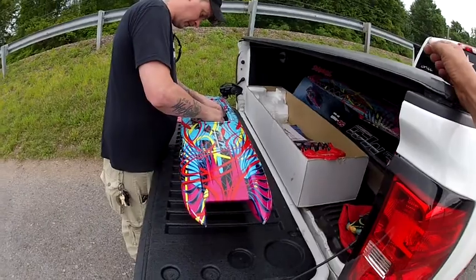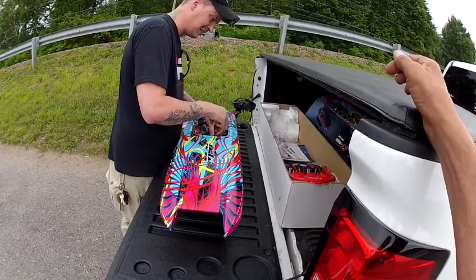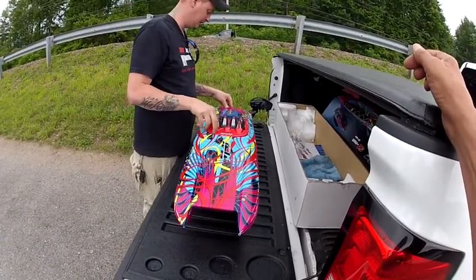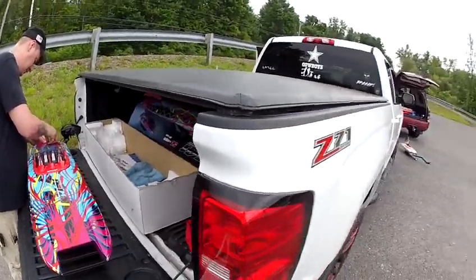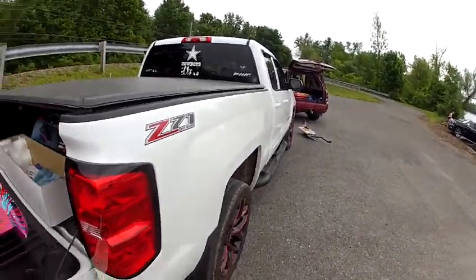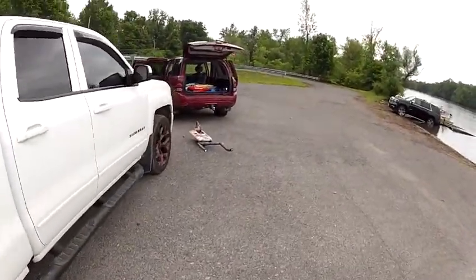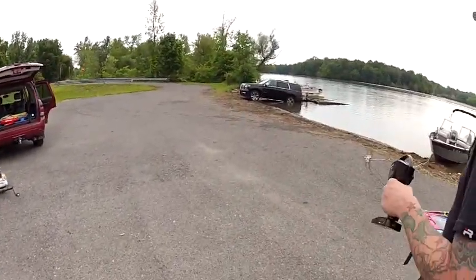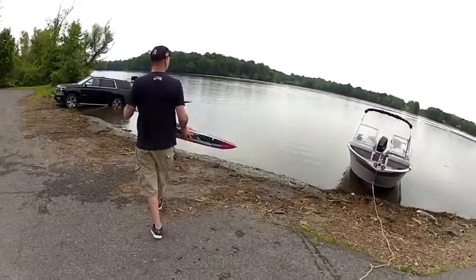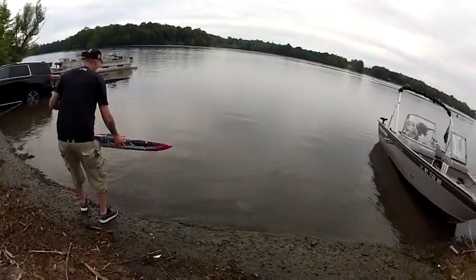Yeah, after we saw that tug recover my outrigger that one day at Gilly Lake, I said I've got to come up with a way to build a recovery boat. I had that old Lightning Cat from AC Cat, and I made that, and it works well. It wasn't going into reverse, but it didn't matter as long as it goes forward. It's probably that I don't have it programmed properly, but